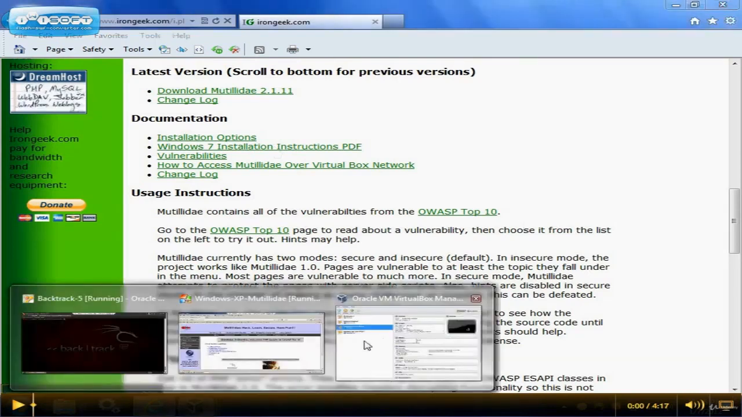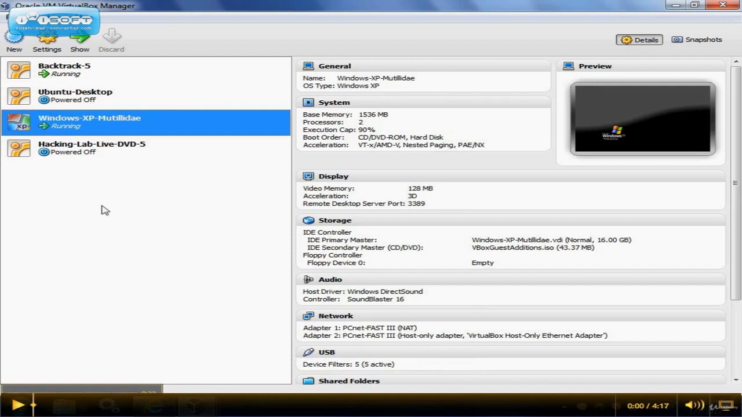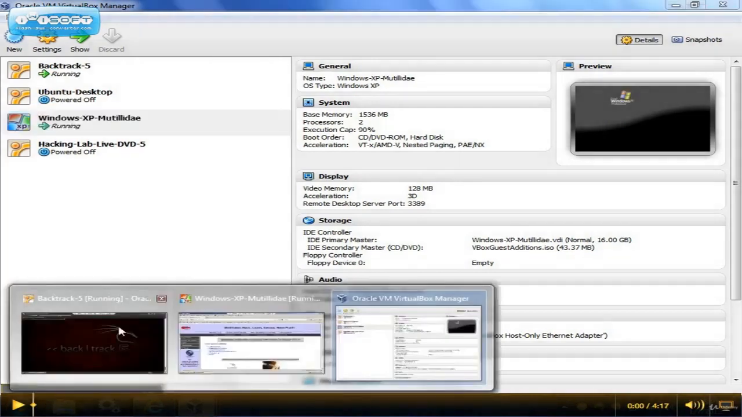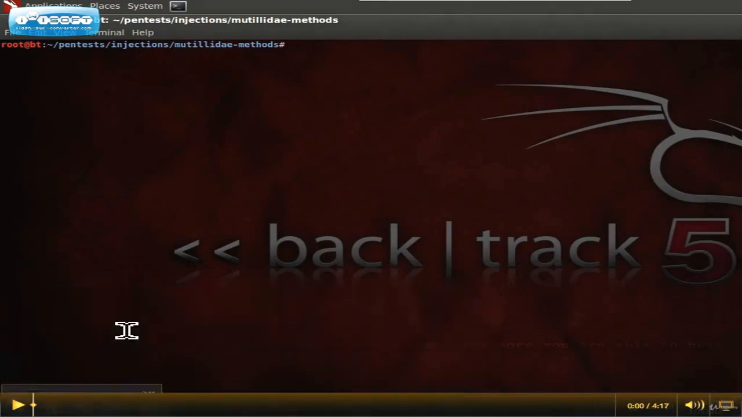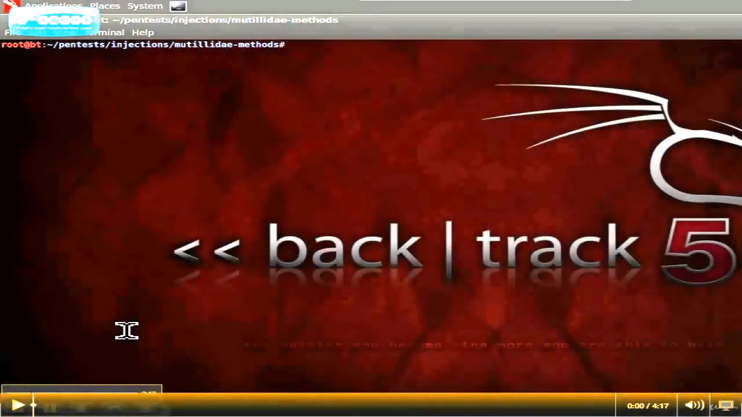Our lab is going to be a VirtualBox network with Windows XP acting as our web server. Mutillidae is installed and BackTrack 5 running as well. We're going to switch over to the BackTrack 5 machine, and first thing we need to do is figure out where the Mutillidae machine is on the network. We're going to use nmap to figure that out,